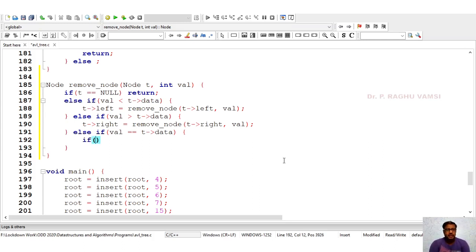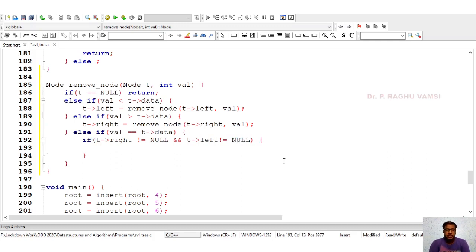First we need to check if t right is not equal to null, and t left also not equal to null. That means the removing node has both the children. In such cases, we must be very careful in deleting this node.